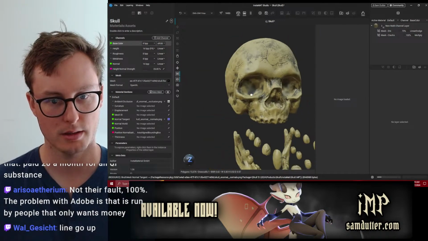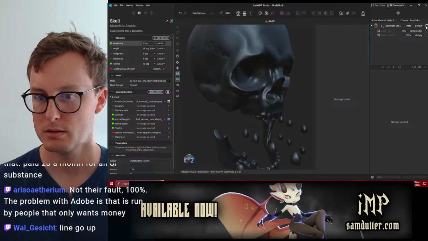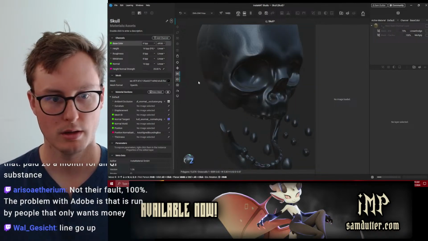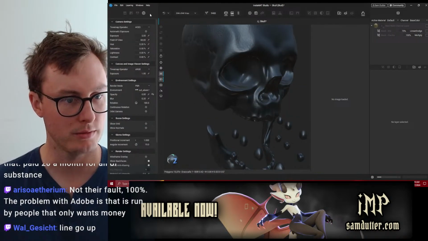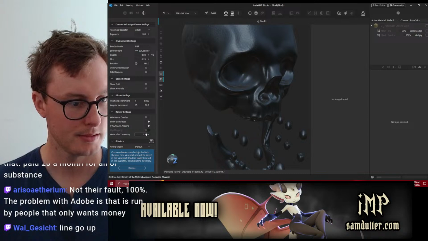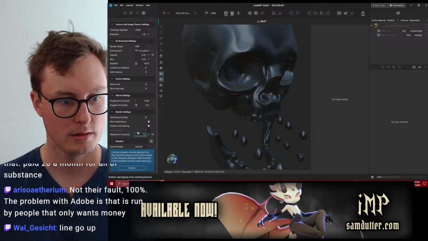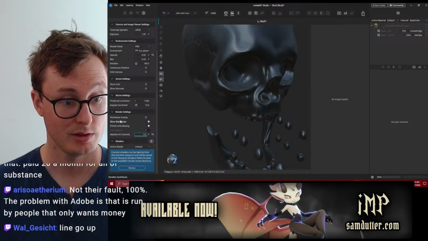That looks quite good. Did I turn off the ambient occlusion in my viewport? Material AO intensity. Huh.